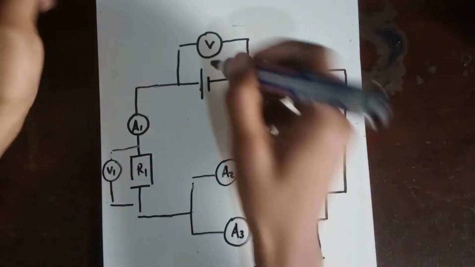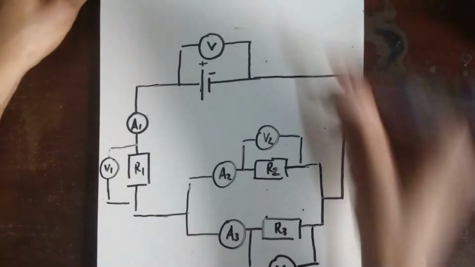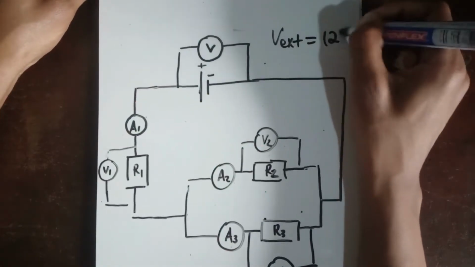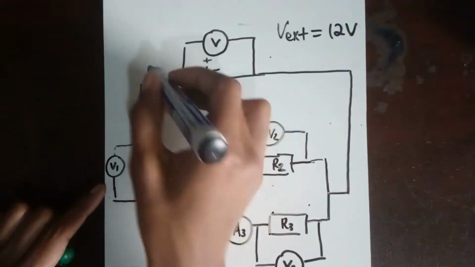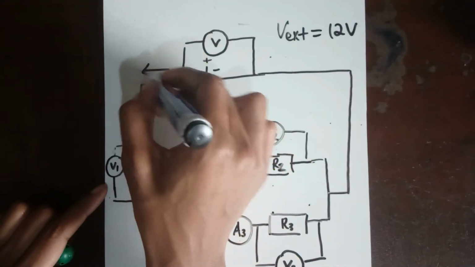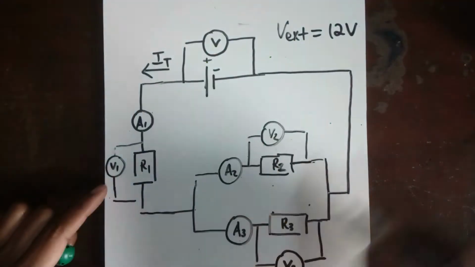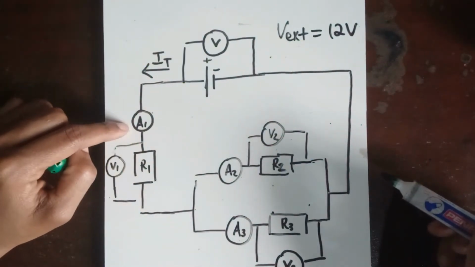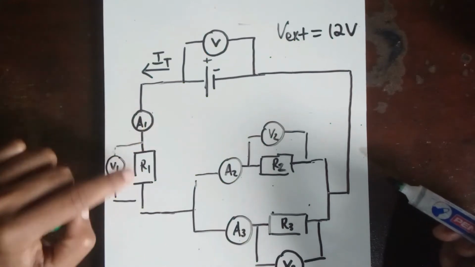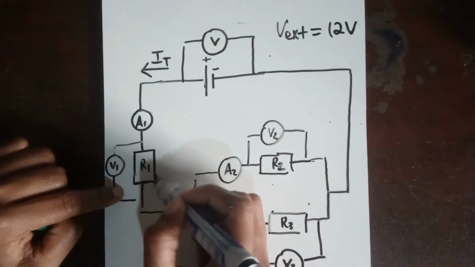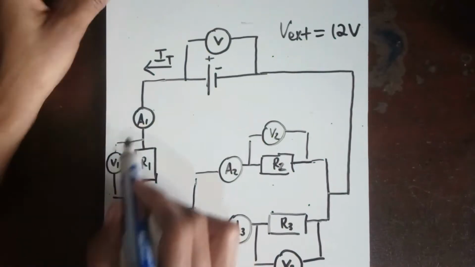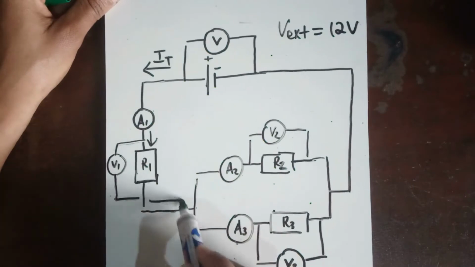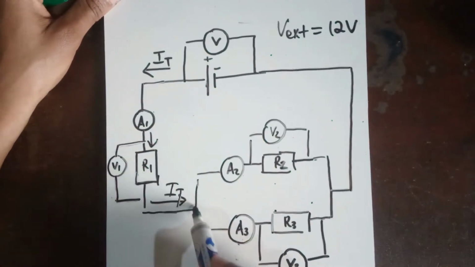They're saying that the total potential difference supplied by the battery is 12 volts. Now if we follow the direction of the conventional current, it goes from the positive to the negative. So the total current will flow through A1, our ammeter, as well as this resistor R1. Remember, current cannot flow through a voltmeter, so it would go through there, and then IT here